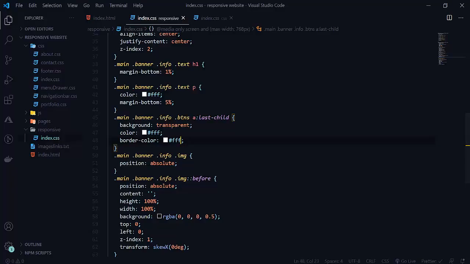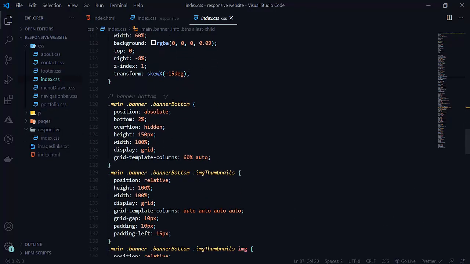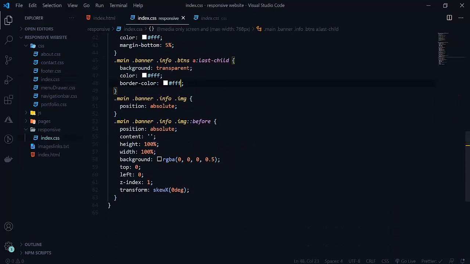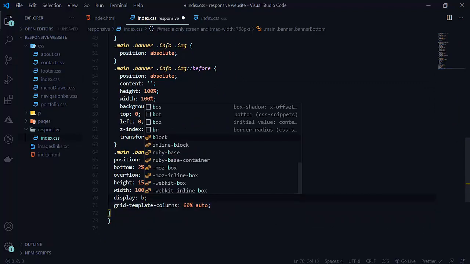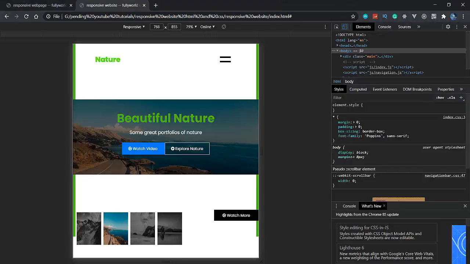So only for 768 pixel we need a little hard work here. So we just have to change our grid system here. Copy this and paste it here. So here display will be block. Let it be display grid here, and we just want auto here. We just want one column here.